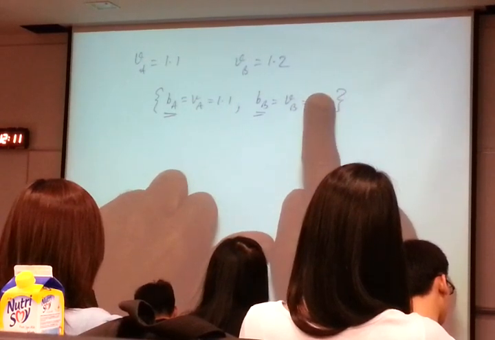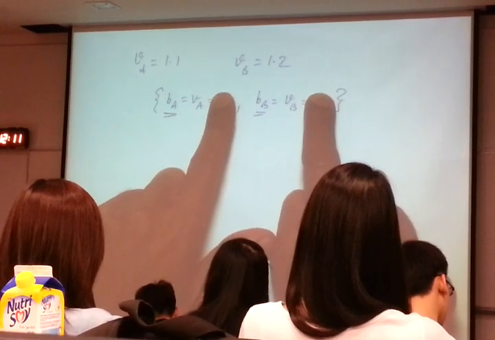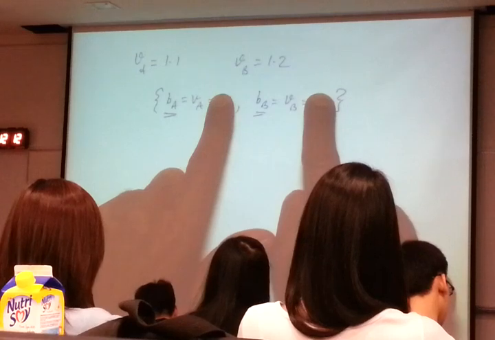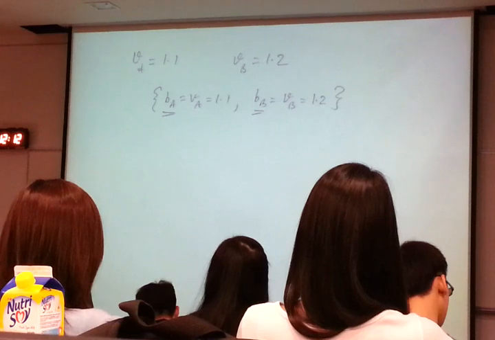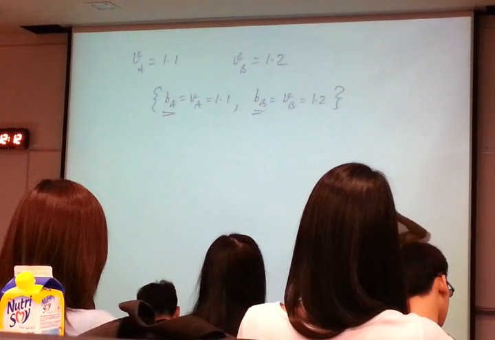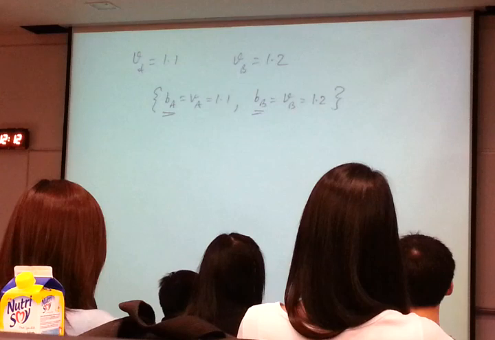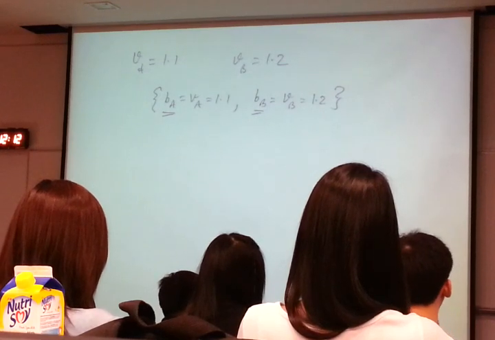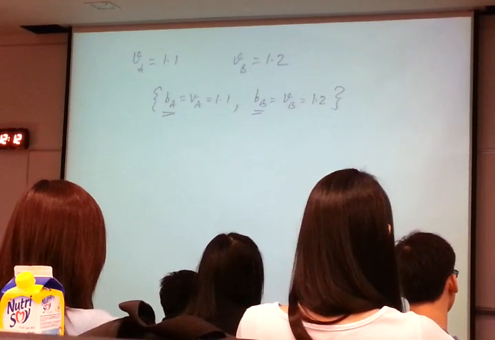And given that Bert is doing this, Alex should have no incentive to move away from this bid. In other words, bidding any other value would give Alex either the same payoff or a lower payoff. Once I have demonstrated that, I have shown you that this pair of bidding strategies is a Nash equilibrium. Okay? To show that a pair of bidding strategies is a Nash equilibrium, we must show that given what one player is bidding, the other player has no incentive to switch to another bid, and vice versa. Okay? Here is how we do it.